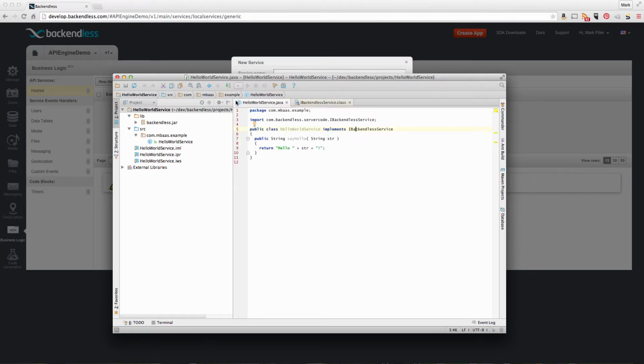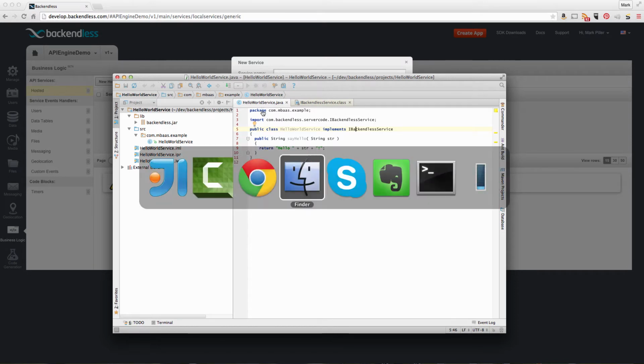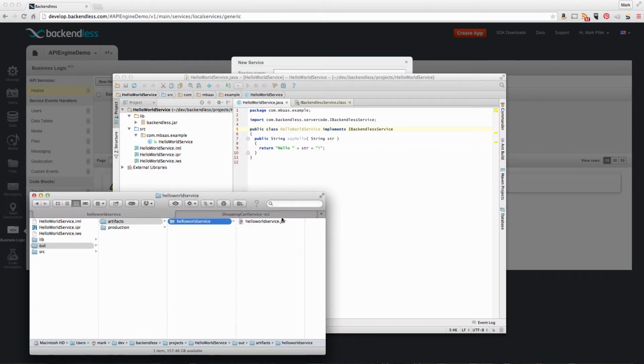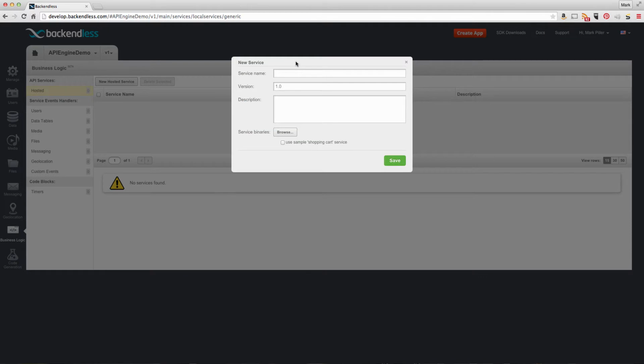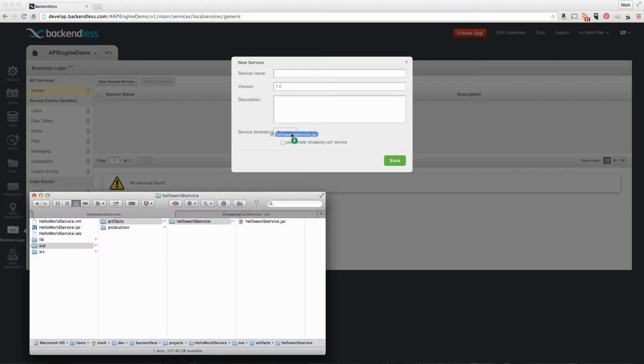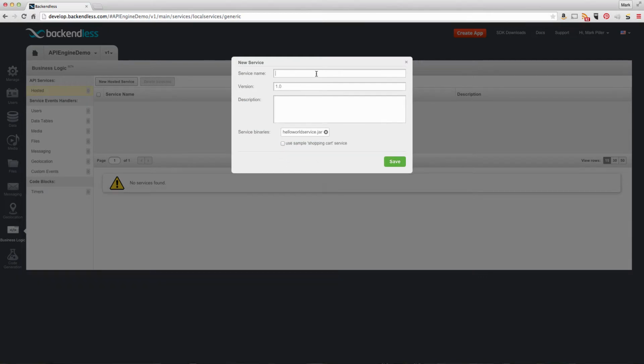I configured my development environment to create a jar file with all the code that I would be deploying into Backendless. This jar file is already created right here, Hello World Service.jar. So what I'm going to do is to drag this jar file into Backendless console and give it a name. When I click Save, the jar file is uploaded into Backendless,